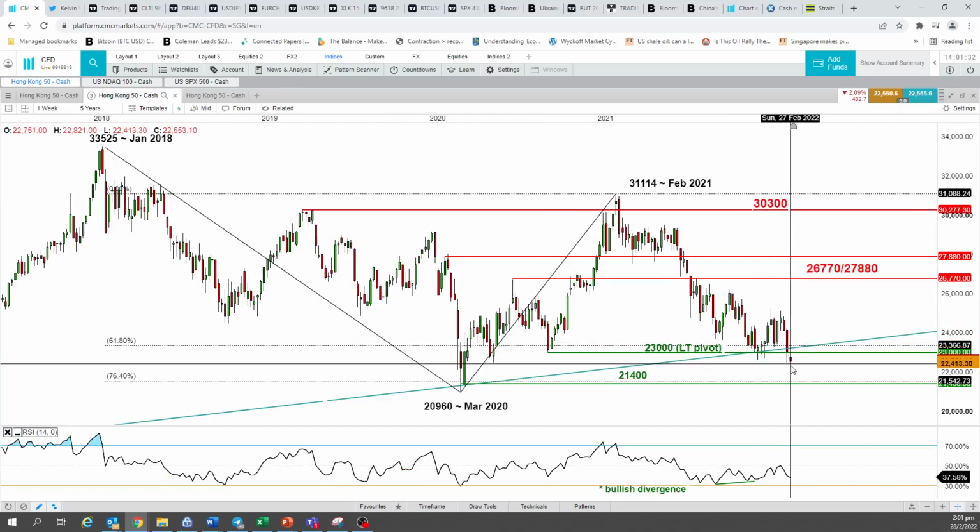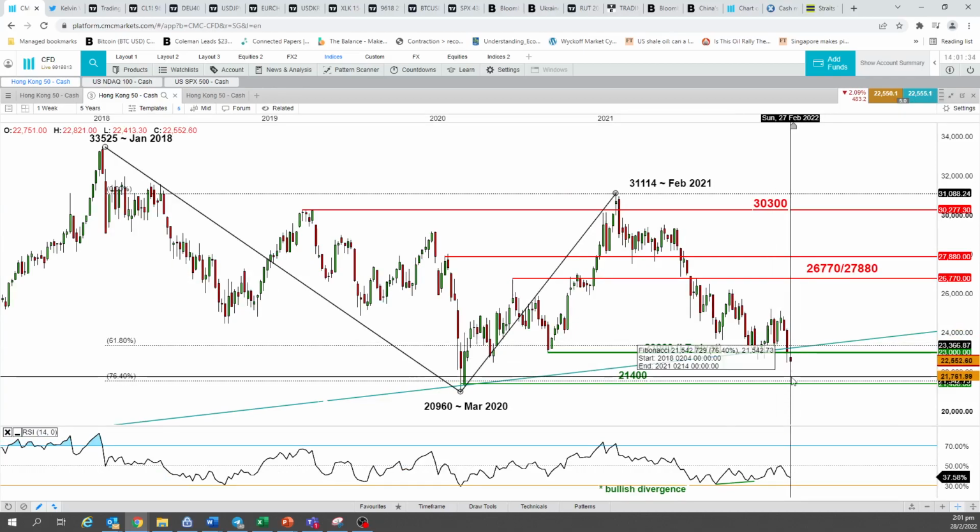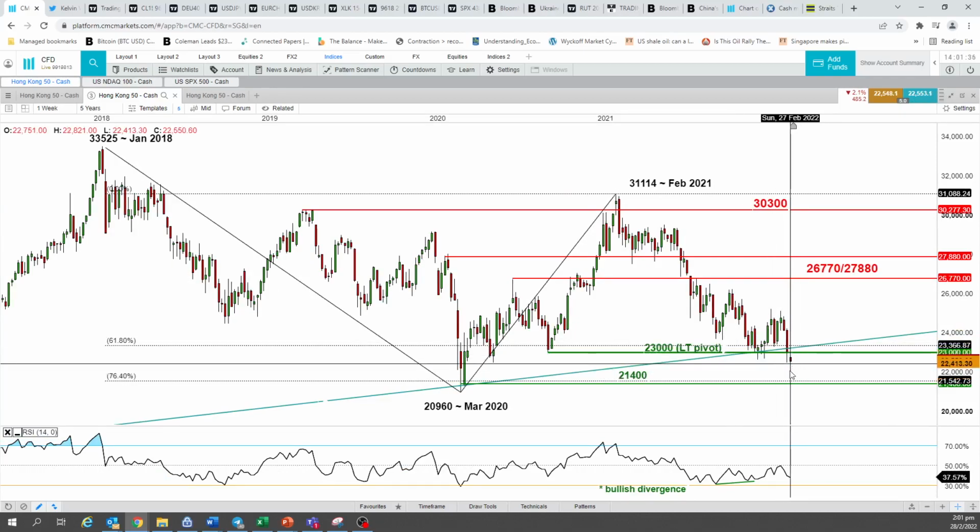So give or take, right? We can't validate a further down move. Yes, today it gapped down again because last weekend Hong Kong reported record cases of COVID-19 infection, and unfortunately the hospitals are now being filled up. There's a big risk that